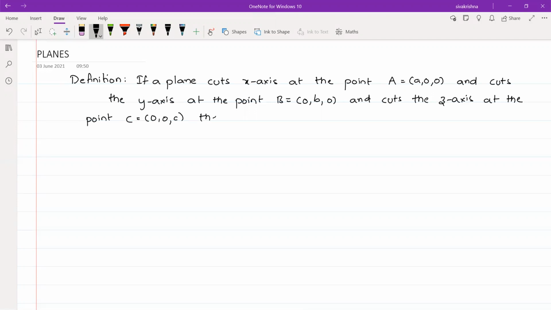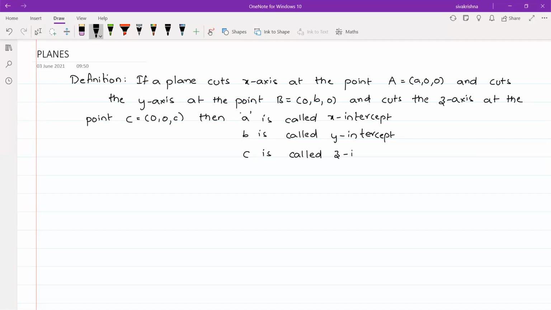then small a is called the x-intercept and small b is called the y-intercept. Okay, and small c is called the z-intercept. So whenever a plane cuts the x-axis at the point (a, 0, 0) and the y-axis at (0, b, 0) and the z-axis at (0, 0, c),